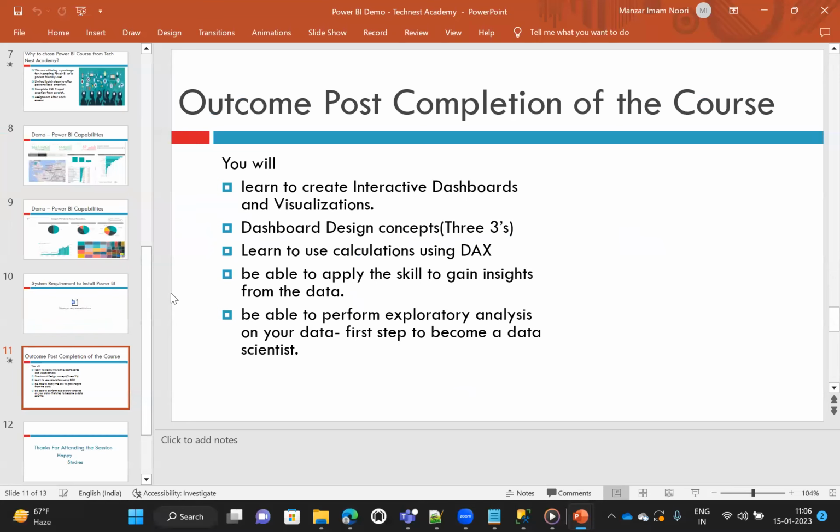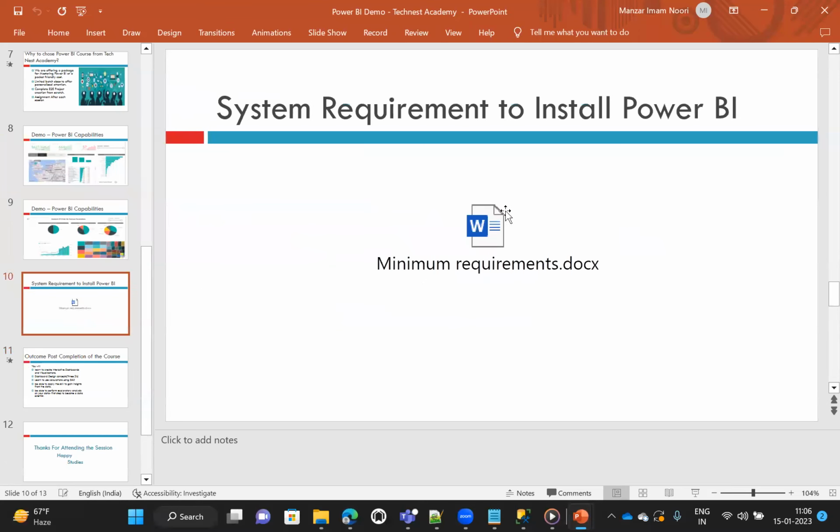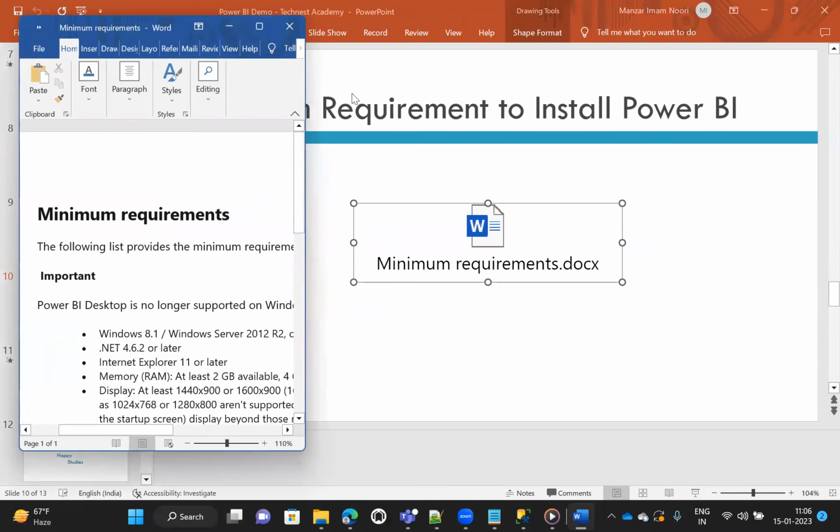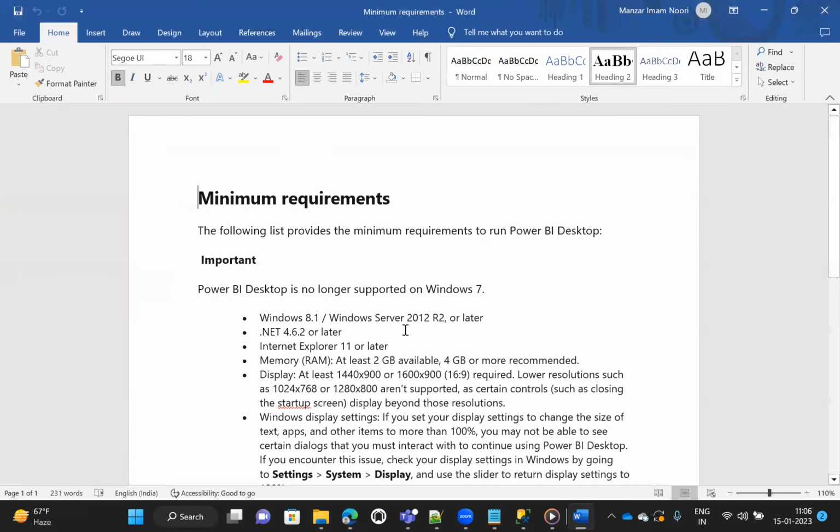For the minimum requirement, I think nowadays everyone has a laptop with good capabilities, and almost everyone probably has Windows 10 or 11.